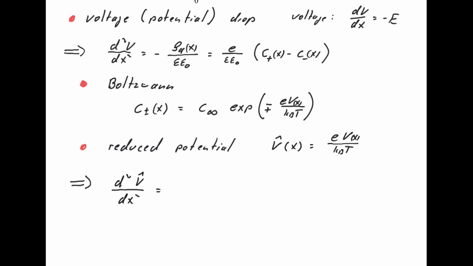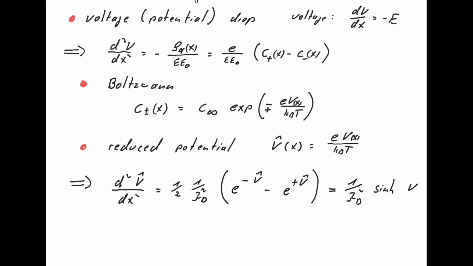The second derivative of the potential with respect to x is equal to 1/2 times 1 divided by lambda D squared times e to the power minus V hat minus e to the power plus V hat, which is equal to 1 divided by lambda D squared times sinh of the potential,